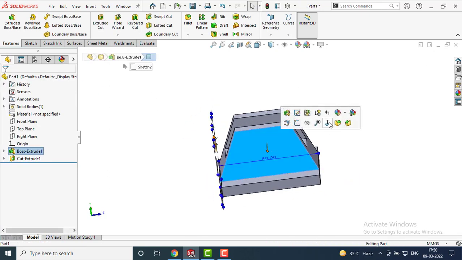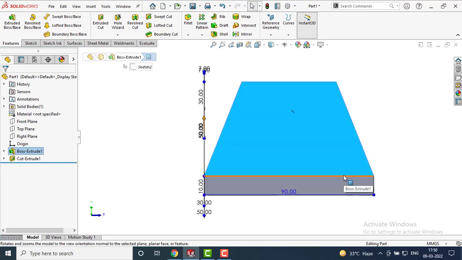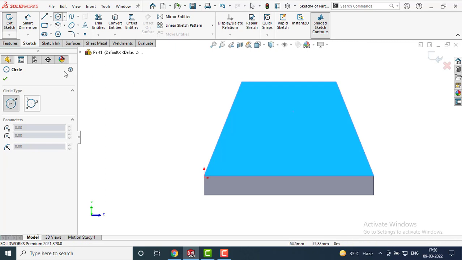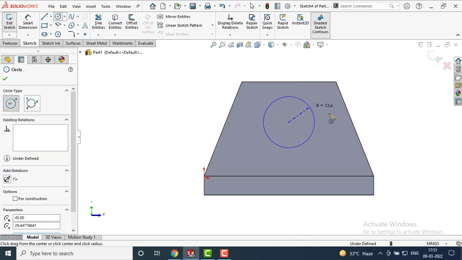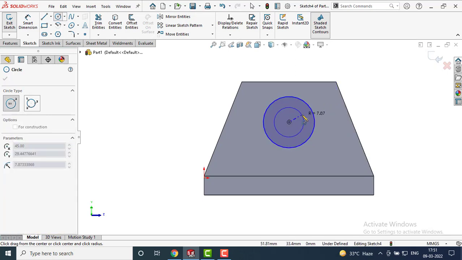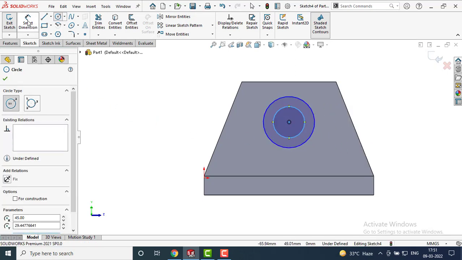Again select this face, make it normal to, go to sketch and select a circle from here. First of all, we will trace the midpoint of this line and we will draw a circle here. Again draw an inner circle, go to smart dimensioning.